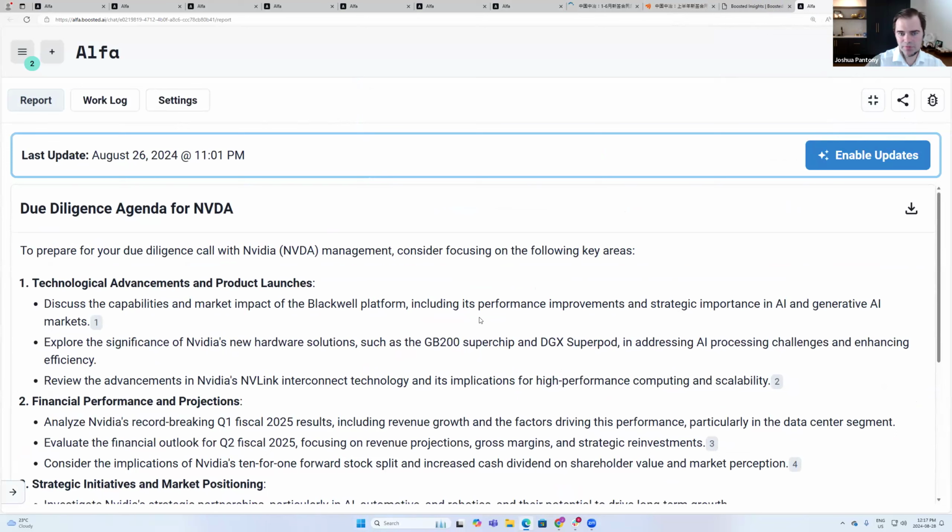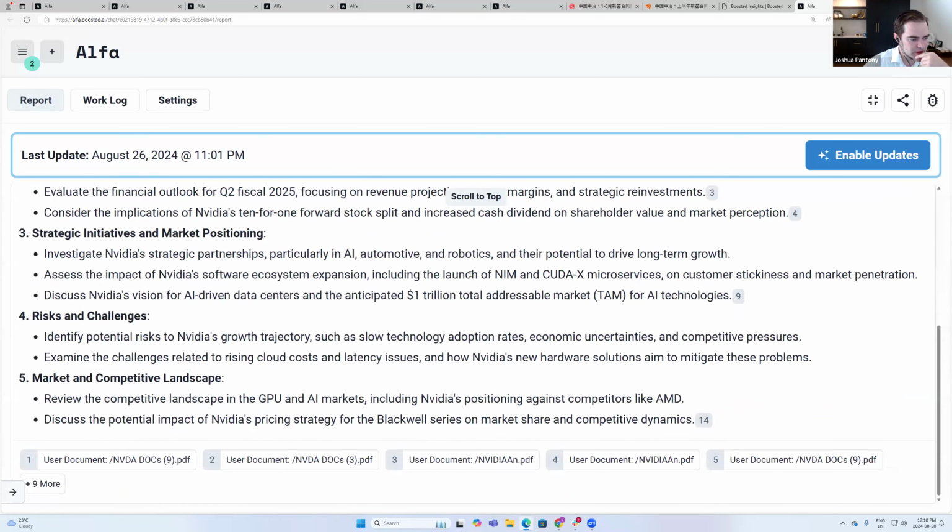So this is an example of an automation where, every time they meet with management, they're going to have a set of questions that they want to ask. And you're probably going to know 80 to 90% of the good questions, maybe 95% of the questions. Probably the vast majority of the time, you're going to know your names better than the machine does. But the machine might find some key piece of information that you maybe missed or didn't find somewhere else. And so in this case, it went through, looked at a bunch of different high-level categories, and suggested different things to talk about.